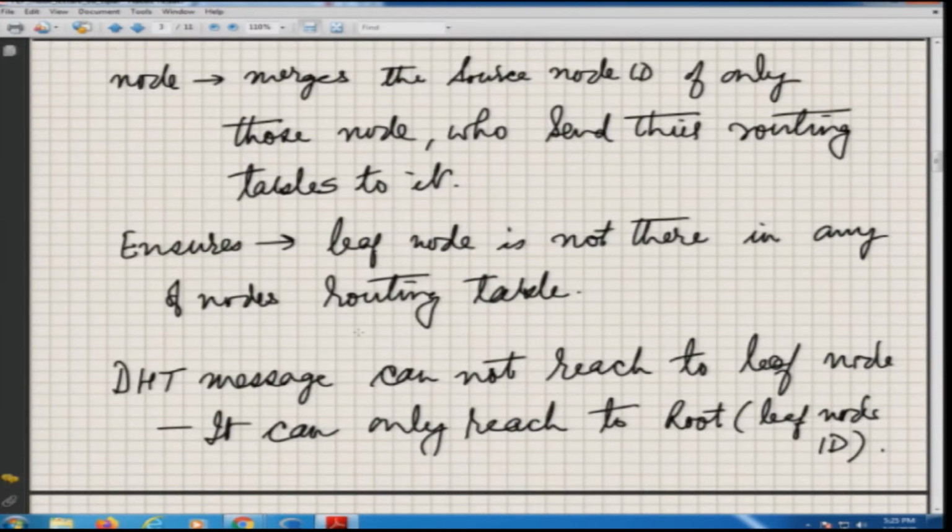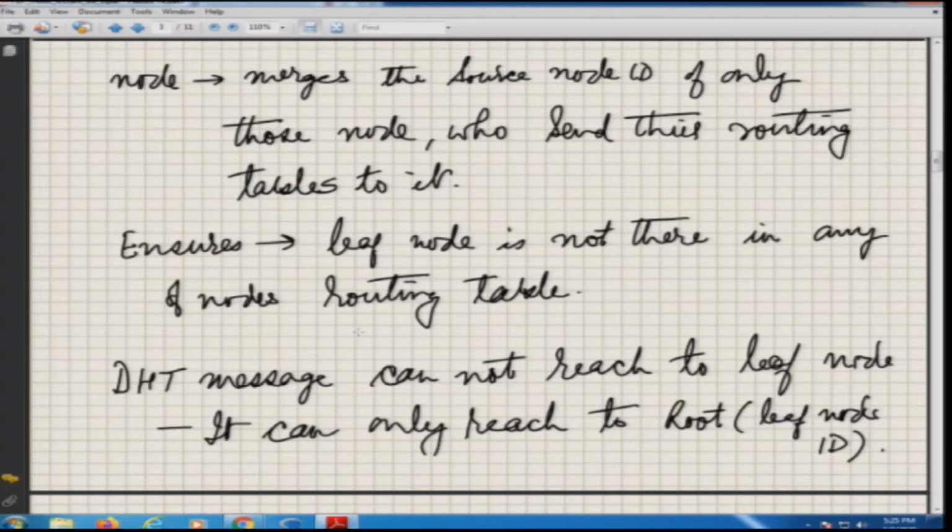So, every core node needs to merge only the source node IDs of those nodes who send their routing tables to you. If somebody is not sending a routing table to you but is sending a heartbeat packet, his source node ID should not be merged in my routing table. Anyway, he will not be sending the routing table, so that merger does not arise.